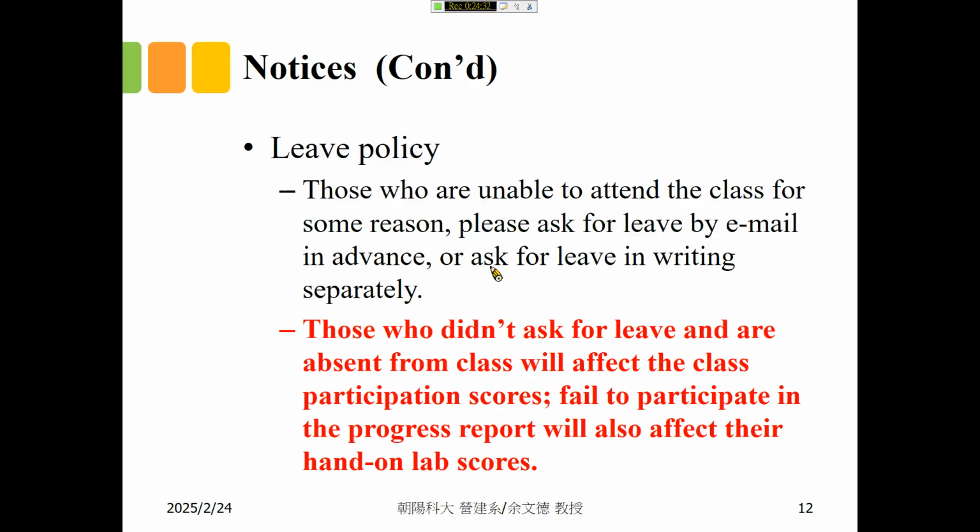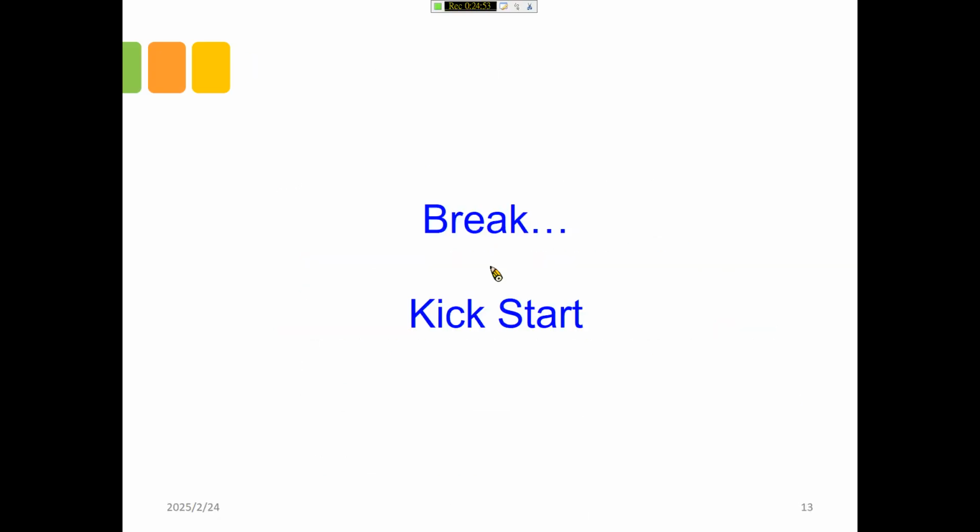Anyhow, in writing, because I cannot remember everyone. If you come to me and say that you want to ask for leave, I always forget. So that's why I have to ask you to ask for leave in writing. Okay? Okay, so that's all for the syllabus part.